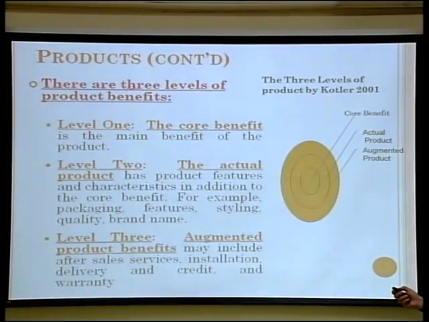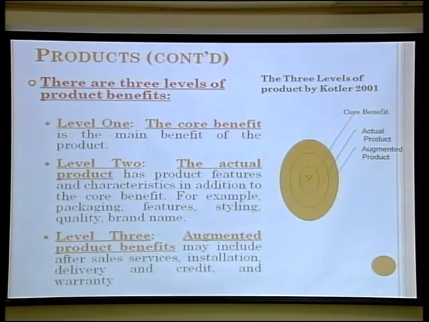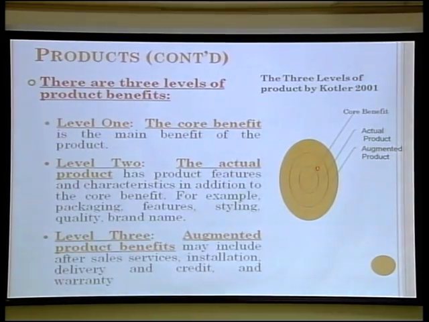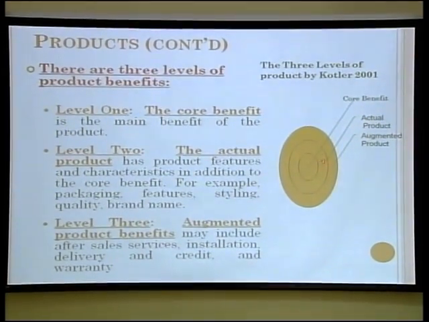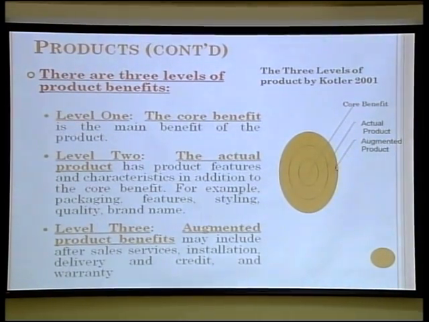This is how you decide on offering different products in terms of benefits. And here we have 3 levels of product benefits. In this figure, they are very clear. We have the core benefit in the middle. This is the first level, the core benefit. Then the second level is the actual product benefit. And the last one, the third, is the augmented product benefit level, okay? Let's take them one by one.